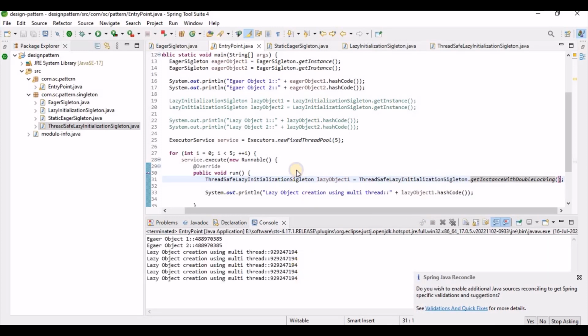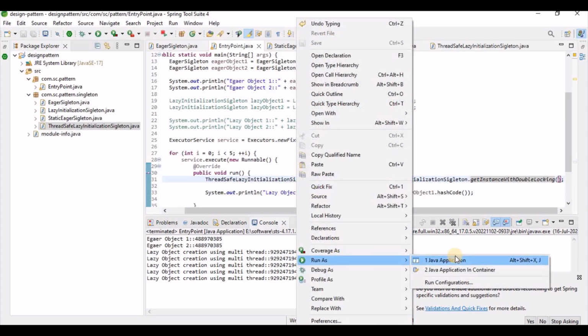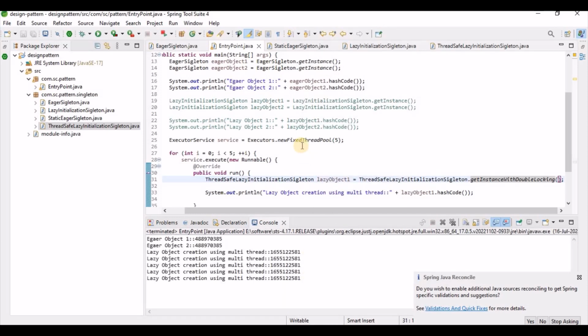You can see all the objects are created successfully, right? So in this way we can create all the things, and it will also be thread safe. Now let's create... So these are the approaches. In this way we can create singleton classes, but there are also certain things that can break the singleton